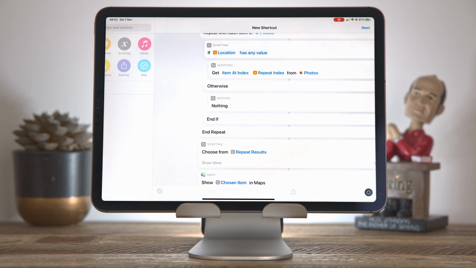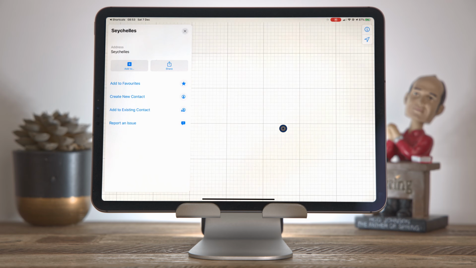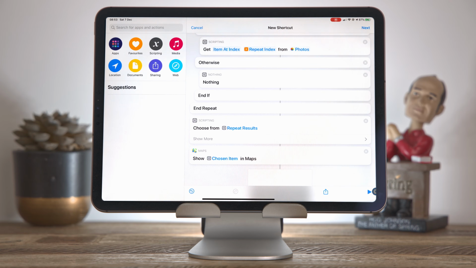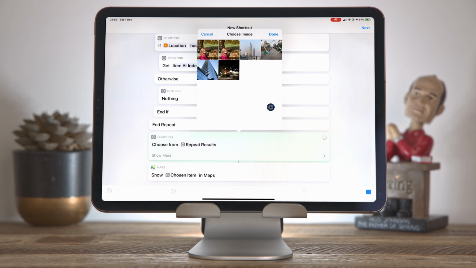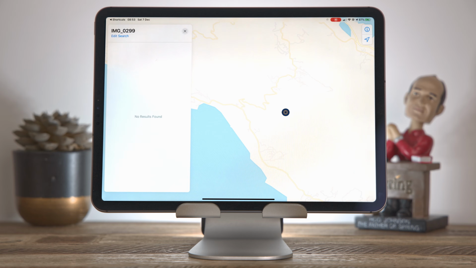Let's press play and see how this works. Pick that one. Okay, great, that's in the Seychelles. Let me just show you a small bug though. If I go back and press play and pick this photograph here, nothing happens. This was a photograph I took in Shenzhen in China, and Maps does not have particularly good data